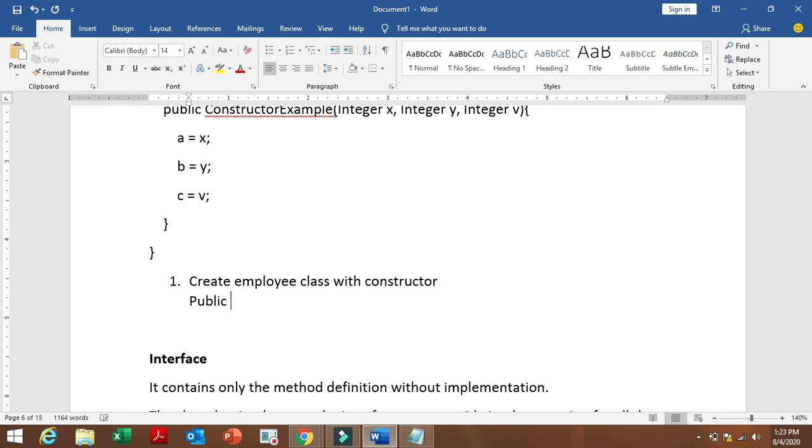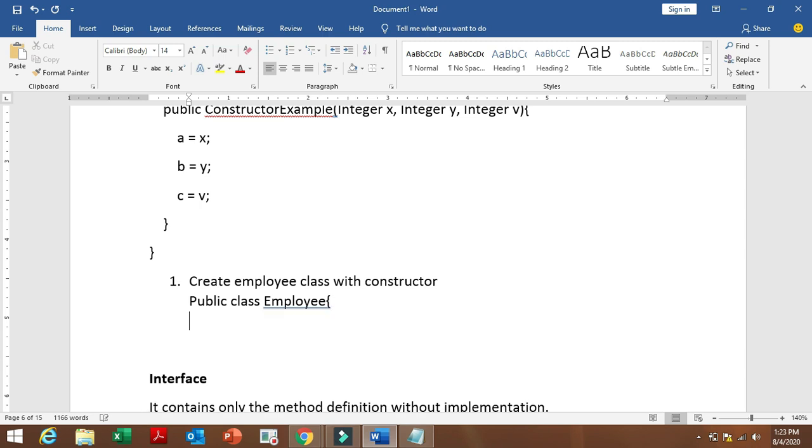Public class and then the class name. Next we have to include the constructor.